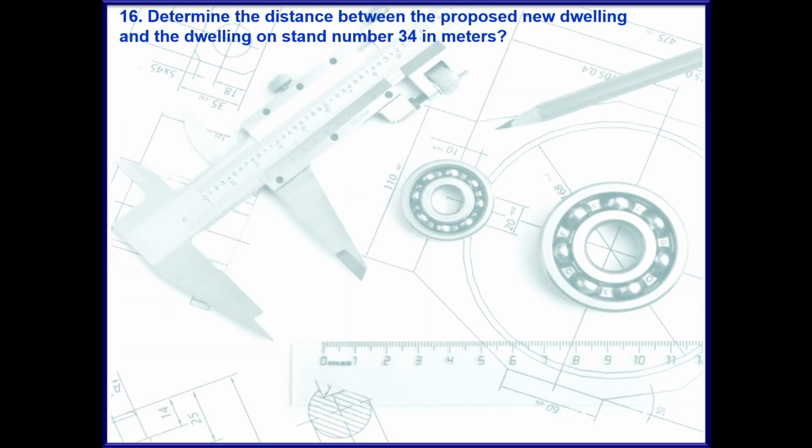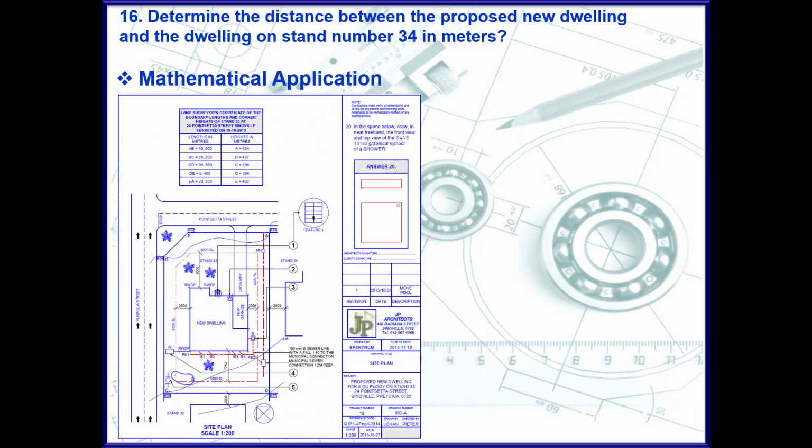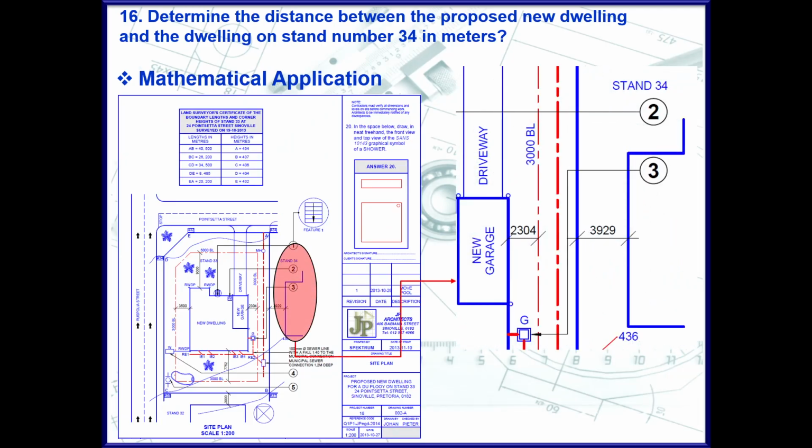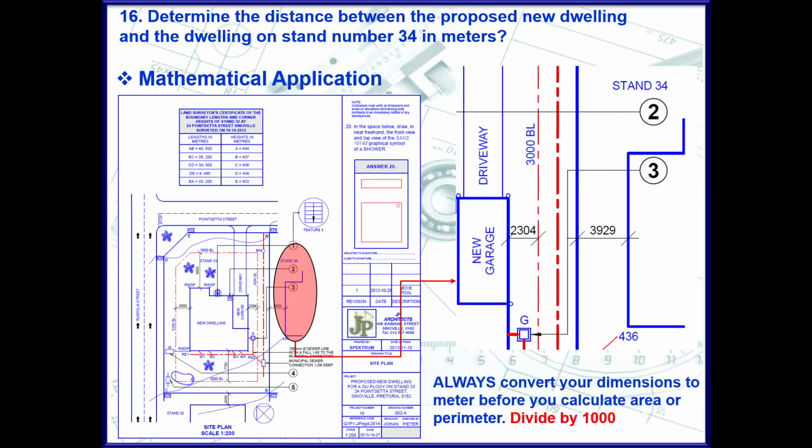Question 16. Determine the distance between the proposed new dwelling and the dwelling on stand number 34 in meters. It's part of my mathematical application. So if we look at our site plan and we locate stand 34, I can clearly see that there are certain dimensions between the new garage and stand 34. So always convert your dimensions to meters before you calculate area or perimeter. Divide by 1,000. So if you take 2,304, I'll convert it to